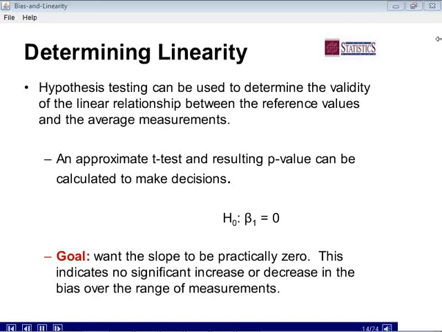My slope is 0. Our goal is that we want the slope to be practically 0. Because you're looking at bias across the reference values, if you've got a significant slope, that means biases are increasing or decreasing, depending on direction, as you go across the parts. Slope being practically 0 indicates no significant increase or decrease in the bias over the range. If you're able to not reject this null hypothesis, beta 1 equal to 0, which is what we want, we want to not reject this null hypothesis,